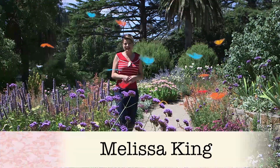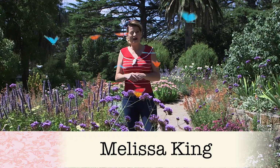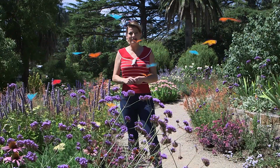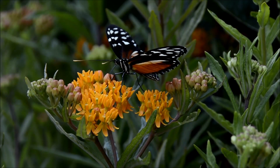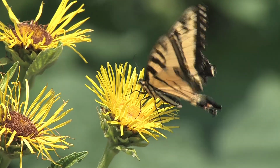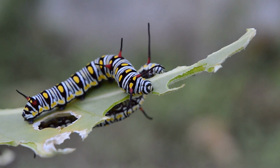Butterflies are the fairy queens in our gardens, flitting from flower to flower. And with a little know-how and the right plants, you can transform your garden into a butterfly playground. The secret to luring butterflies is to grow both host plants which provide food and shelter for young caterpillars and